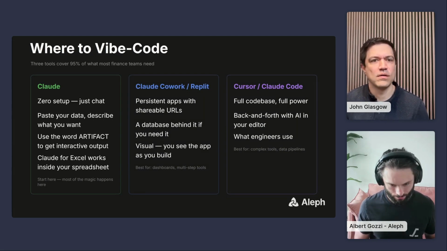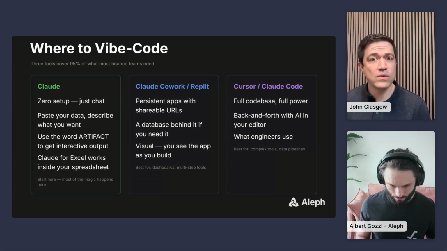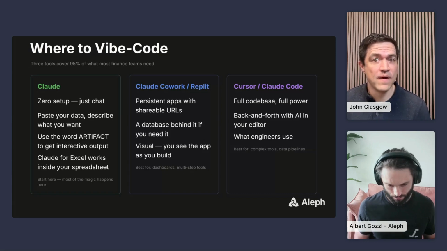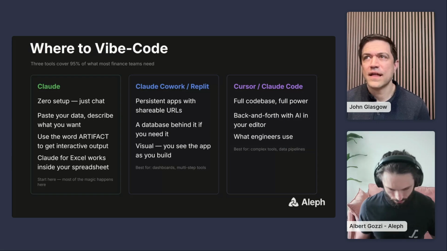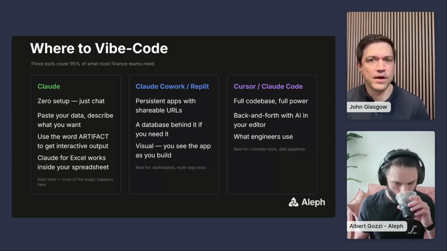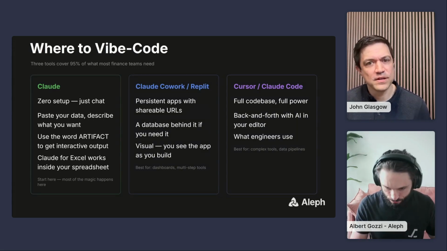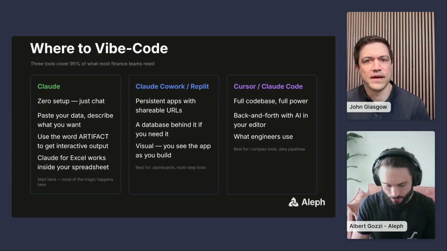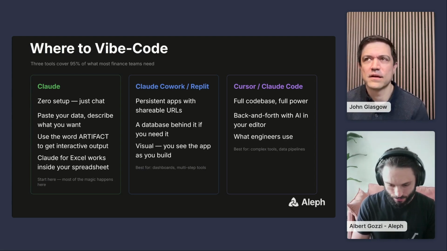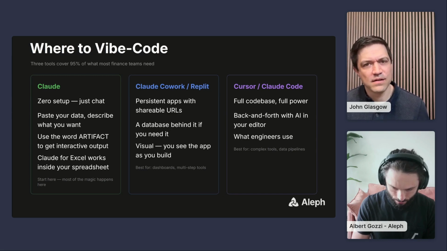Cowork is more for building things, any sort of artifact, whether it's a Google Doc, a slide, or your own software app. It's really for building. And it's sitting on top of the last one I'm going to mention, which is Claude Code, but it abstracts away the complexities. We just have it in more of a conversational interface. So I would say we'll see in a second, it's just conversational chatting, but it'll build for you.